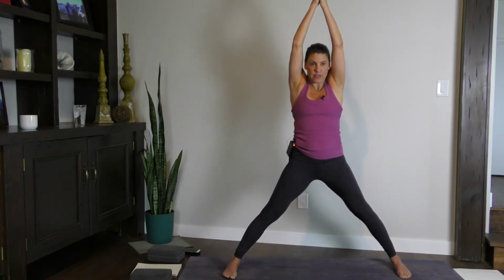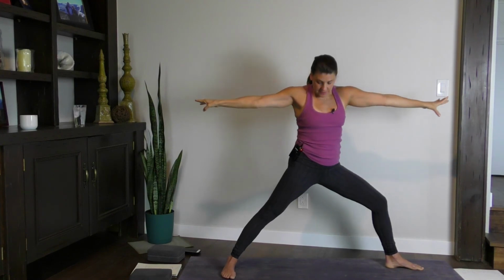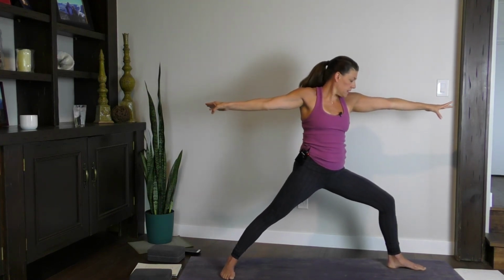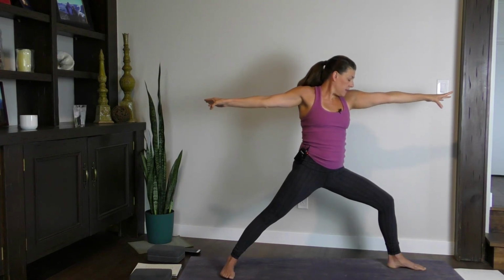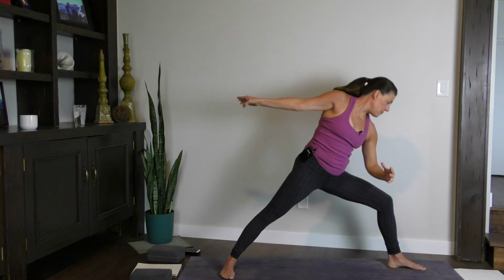So the back foot is parallel to the front of your mat rather. Left toes forward, warrior two, back facing. Double check your footprint. Inhale. As you exhale, left elbow to your knee,